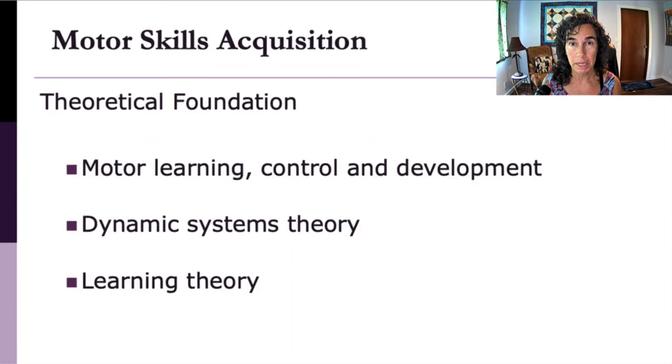All right, let's talk a little bit more about it. So it's based on motor learning, motor control, and motor development. And we know that this happens in a particular way. We're learning more all the time, but we know that there's a trajectory. Also, dynamic systems theory. So a variety of different factors contribute to one's ability to learn, to engage, to build skills. And finally, learning theory, which